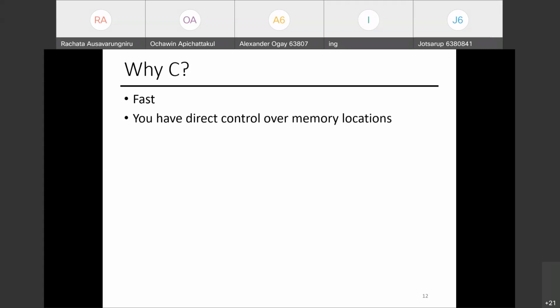Another thing is you have direct control over the memory location, which means that you can manage the memory on your own using manual control. This also allows you to optimize your program even further. And C is pretty minimal. It can be clean if written well. And yes,